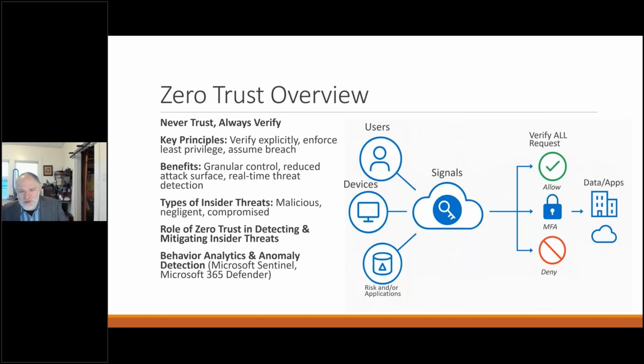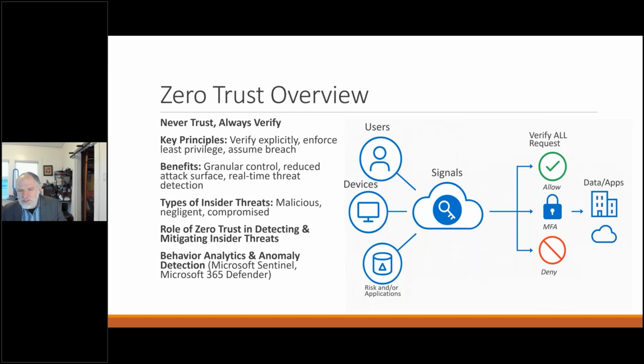You always want to make sure that you're putting anyone who's accessing any of your resources through this. The key principles are verify explicitly, through multiple factors, and enforce least privilege, which is so hard for us in IT to do because we hate doing this. We hate not being admin. We want to have sudo. We want to have domain admin. We want to be able to do everything that we need to do and not be stymied by lack of admin rights. But at the same time, if we lose our credentials, boy, that's a lot of damage that a hacker can do.